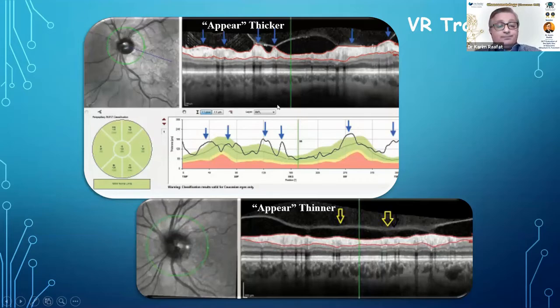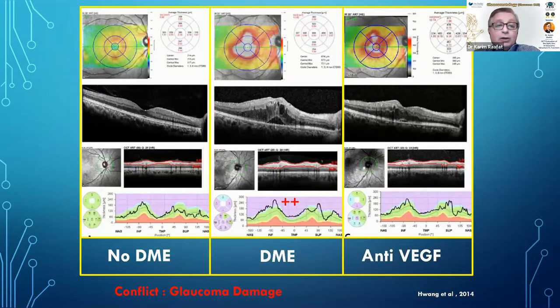So we have to look first at the B scan and look for vitreous traction on the retinal nerve fiber layer. Another issue which should be considered is the association between diabetes and glaucoma. Diabetic patients sometimes have diabetic macular edema, appearing very well with subretinal fluid and cystoid edema in the macula. But remember, this edema does not only involve the macula, but also involves the peripapillary nerve fiber